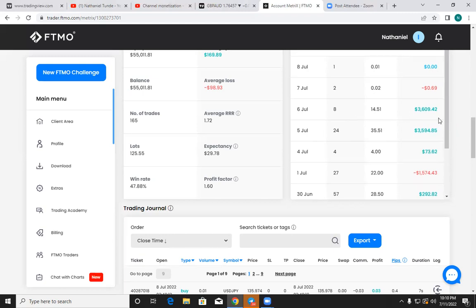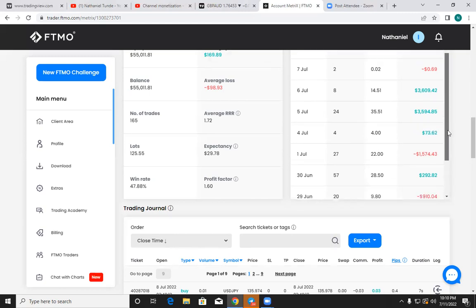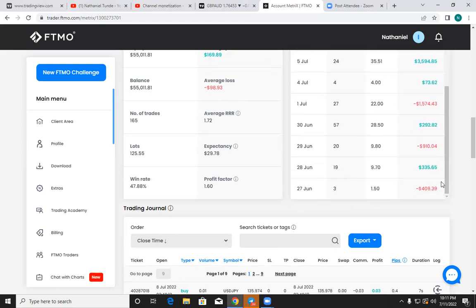But what I want you to understand is that you can see, all this period, I was having small gain, small loss, small gain, small loss. That is how I design my trading system. I don't want any scandalous loss, but I can have a big win.